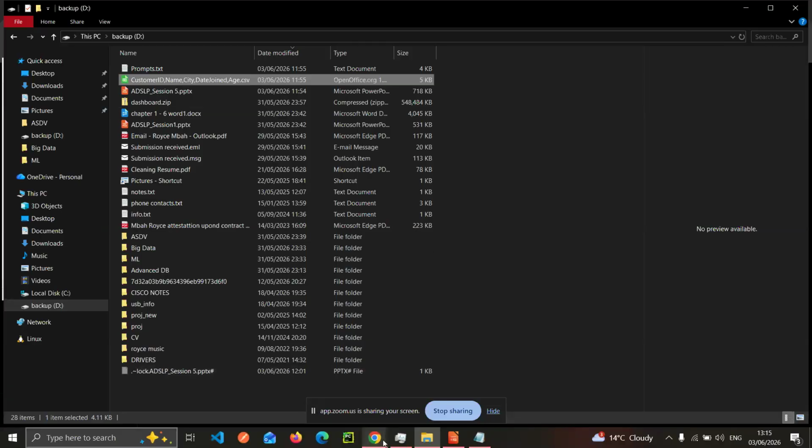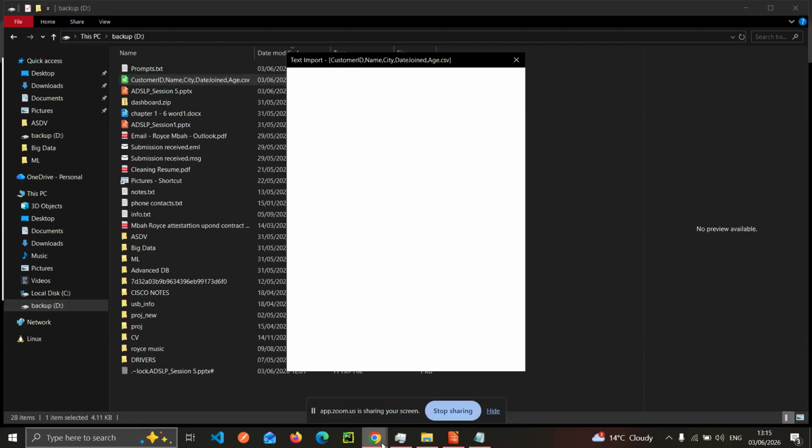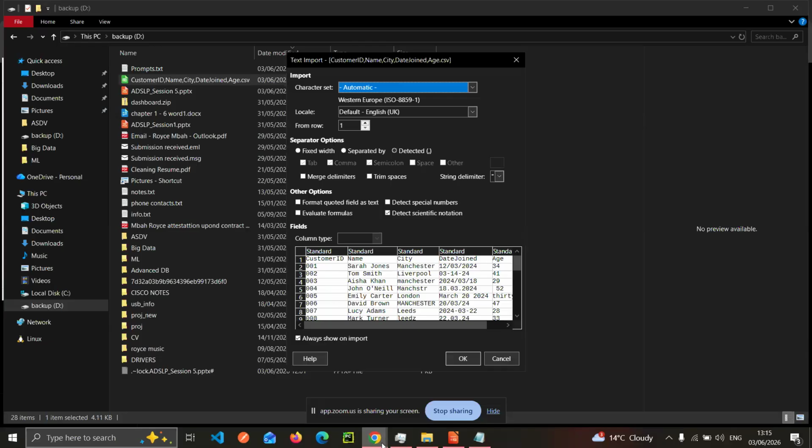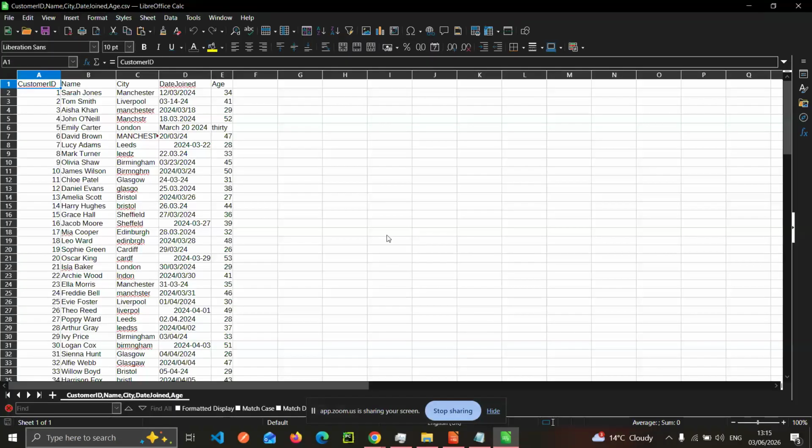So the data set which we're going to use for this exercise is actually a customer data set. And this data set was developed using Copilot. So it's very important for data privacy policies to always mention the source of the data set. So it's not specific to any company or any person. It is generated by Copilot. This data set relates to customers of a specific enterprise. It could be an organization. It could be maybe customers of a specific service.